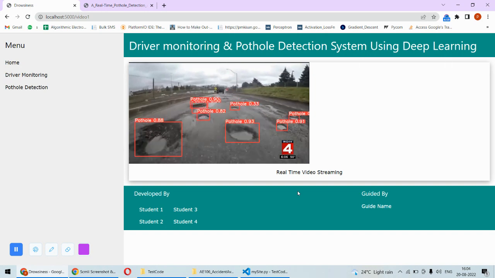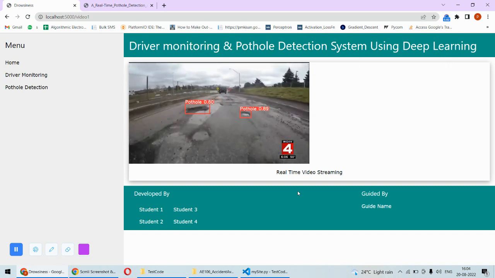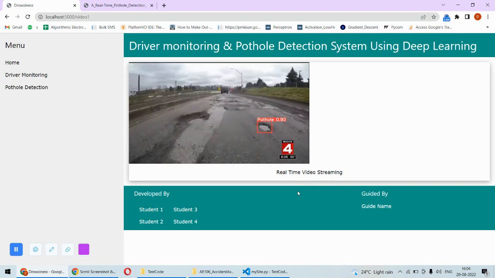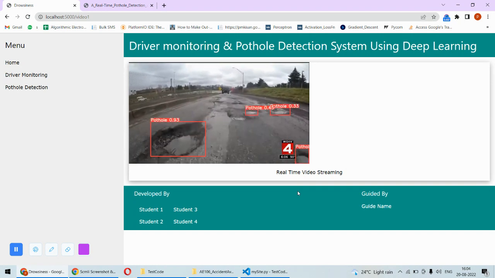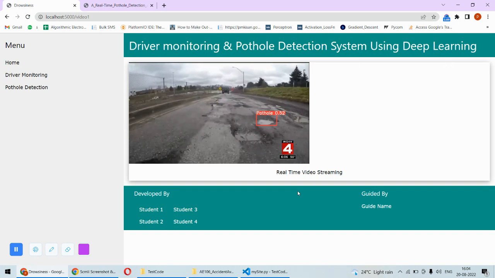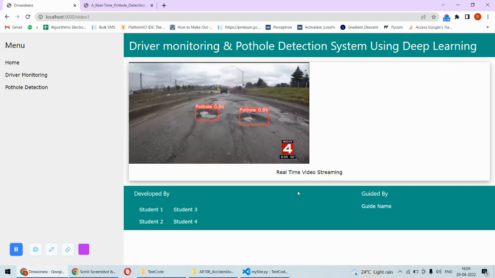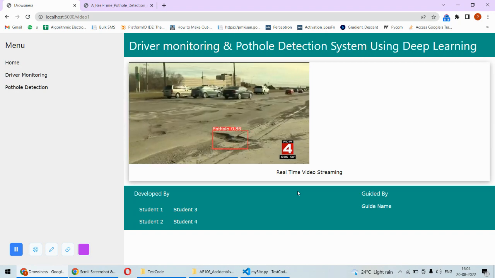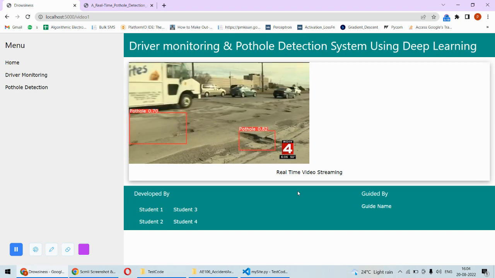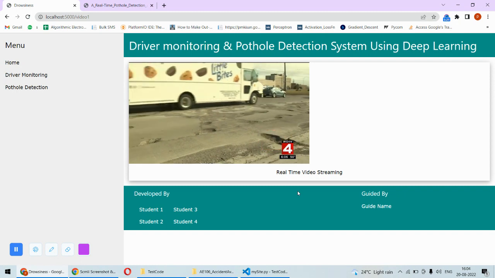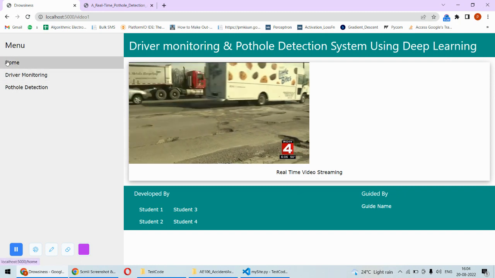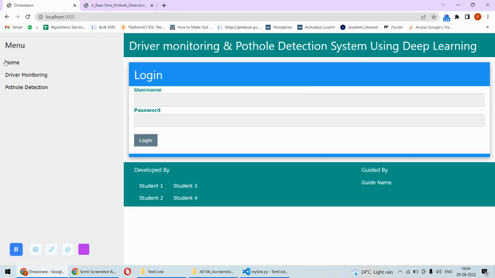Now this video is directly streamed from the YouTube, but yes, you can have the real time streaming as well. You can have the camera attached to your car, and then this kind of things you can see in your car's dashboard. So this system works on the recorded videos which are downloaded in the local machine, or it can also work on the YouTube videos. We can directly stream from the YouTube, and it can also work on the recorded videos or on the images. Okay, so that way, this is the complete demonstration of this particular project.